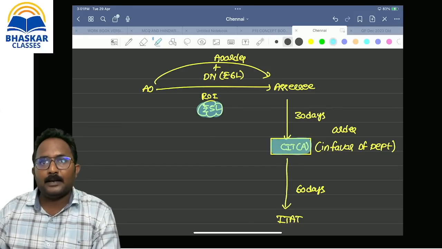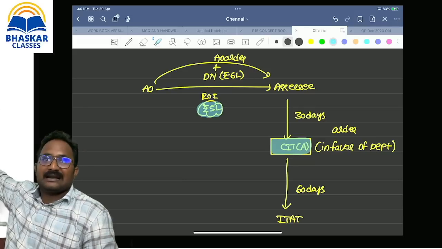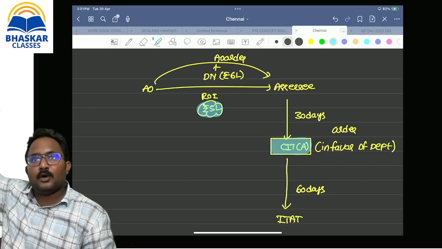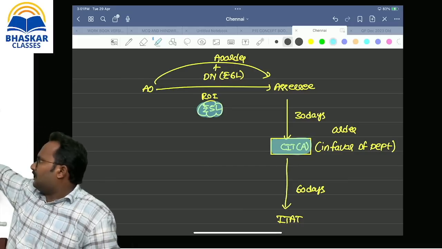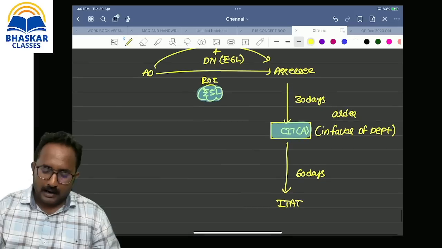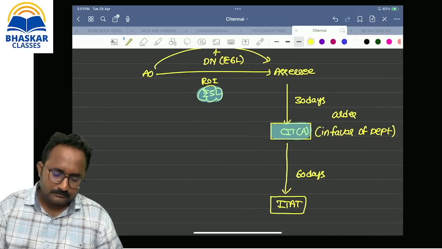Earlier we discussed this point. If you want to make an appeal before the CIT appeals or JCIT appeals, what is the requirement? If you file the return of income, you have to pay the tax as per the return. If you have not filed the return of income, you have to pay advance tax. So it's over, and the order was given in favor of the department only by the CIT. Now ITAT has taken the appeal.